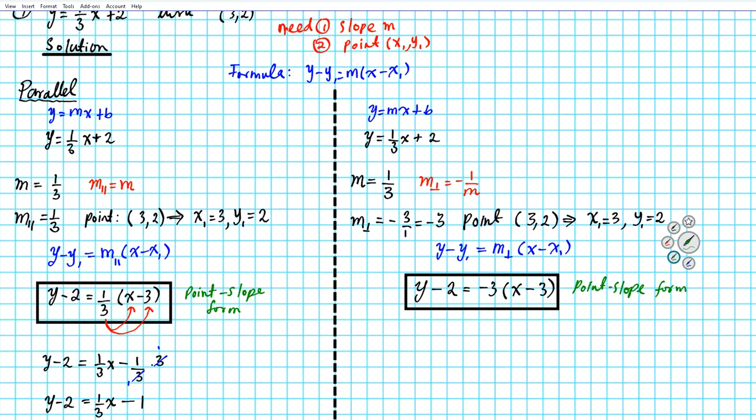Now we're going to go ahead and write the slope-intercept form. In order to do that, we need to simplify and get y by itself. So distribute this -3 across these two terms right here. That would give us y minus 2 is equal to